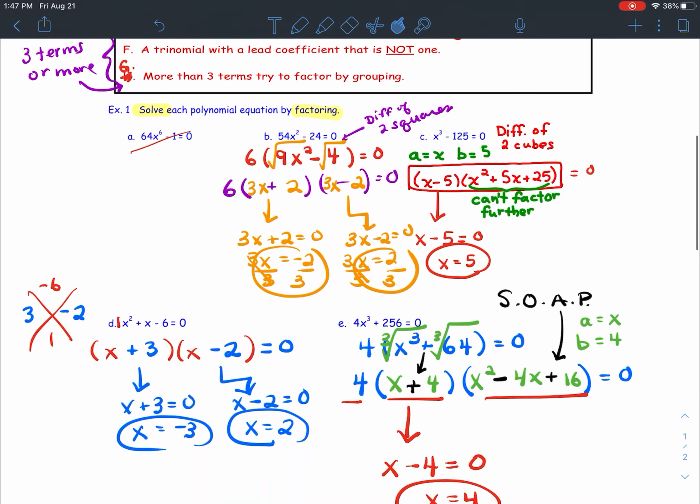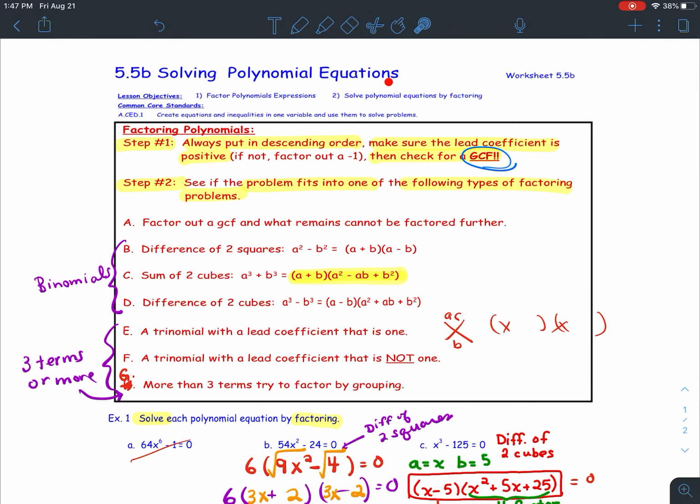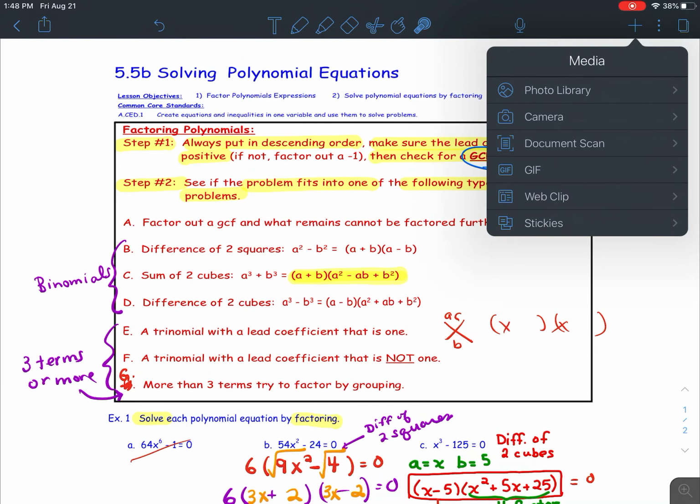Okay, your assignment is worksheet 5.5b, and this was just a little bit of a review and really just making these problems